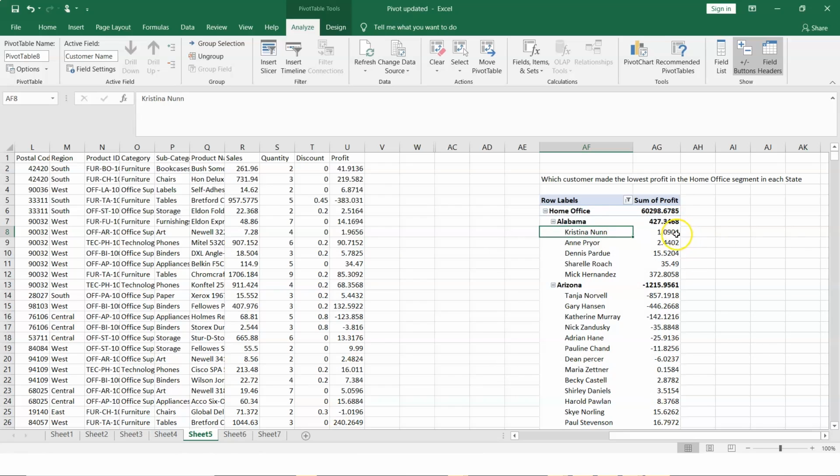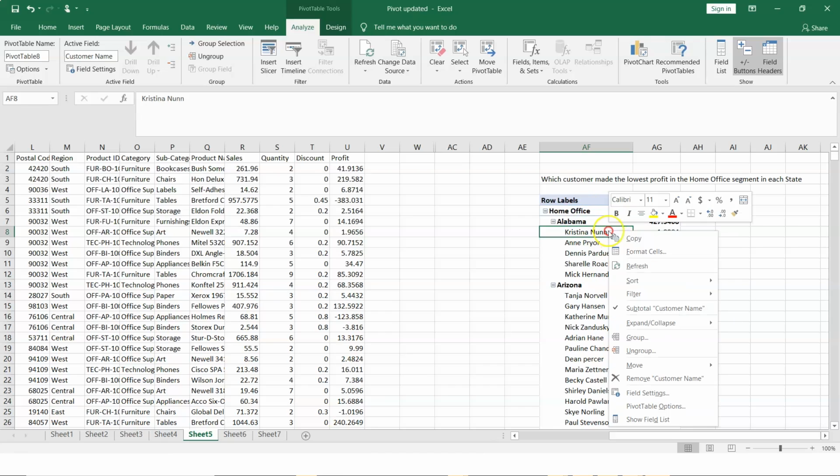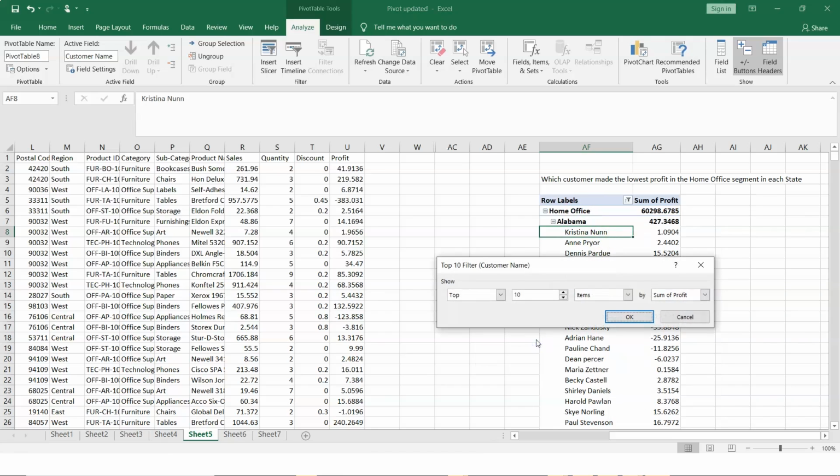Now you see the topmost value is the lowest value per state within the home office segment. Now what we want is just one value per state. So how do we do that? We can go for filtering, go for top 10 values. I'm interested in the bottom value, and in that also I'm looking for only the